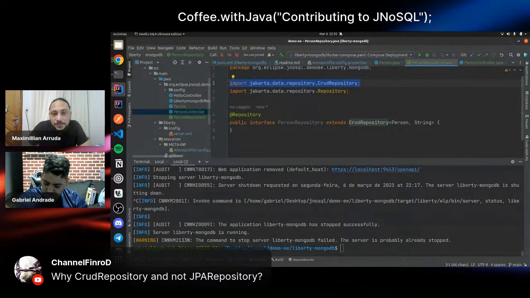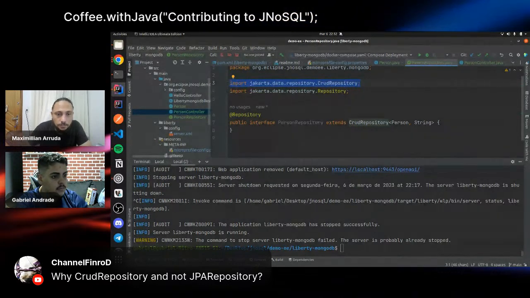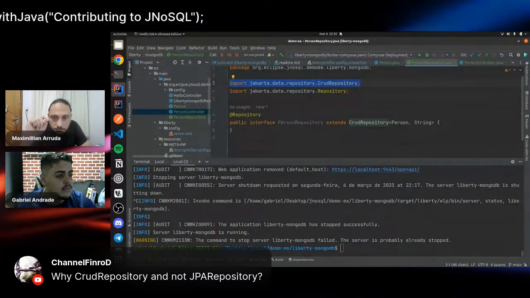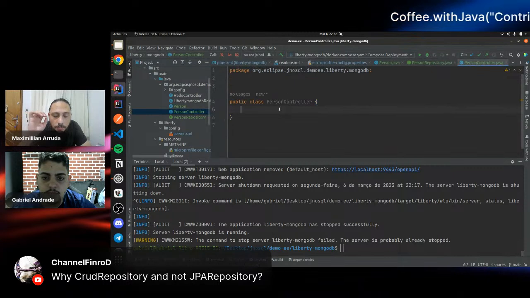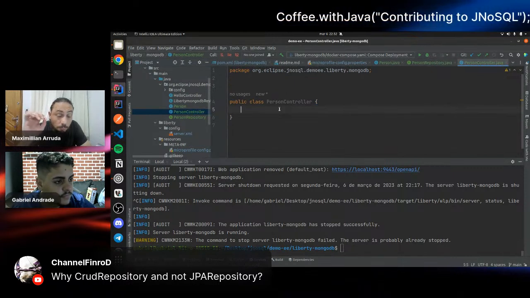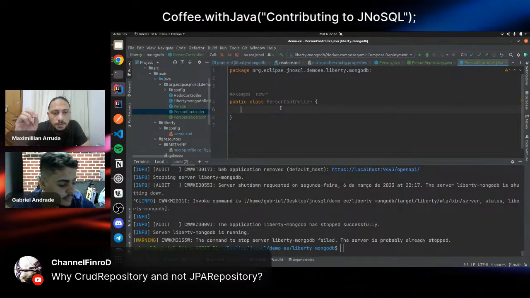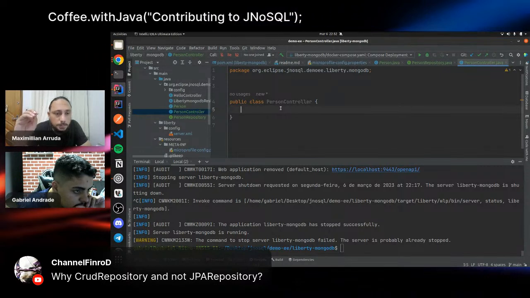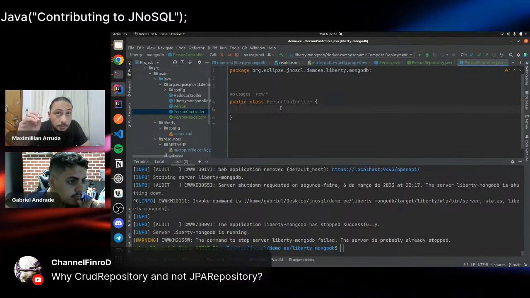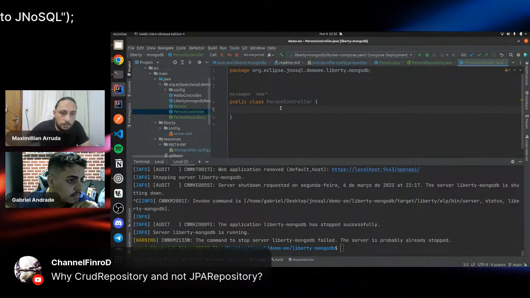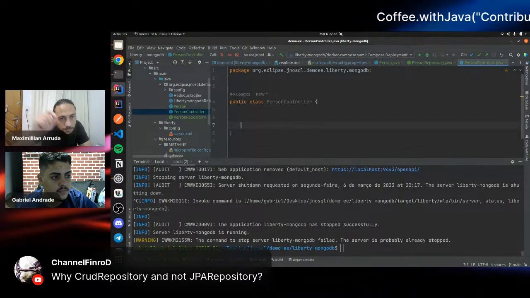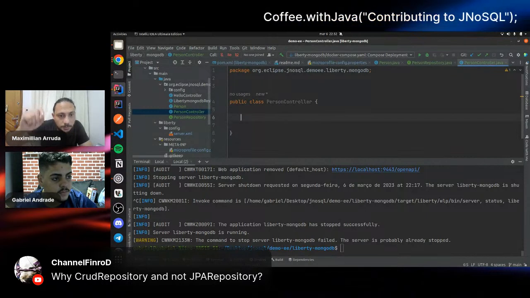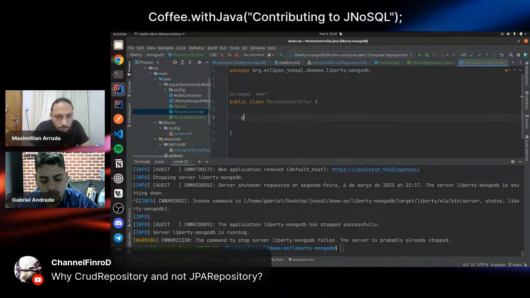Okay, let's go back to the controller. The first thing we can do is define the name of our resource on our controller. It will be the same as the RequestMapping annotation, where you could define the address of your URL.